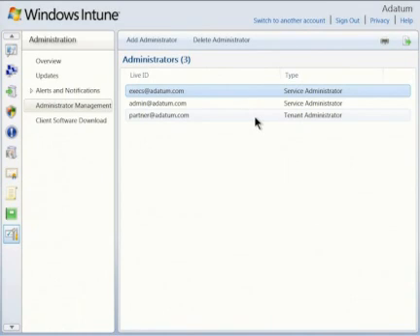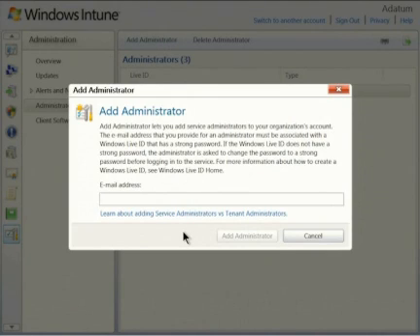This was created when we first set the account up, and typically we don't recommend that you use that for day-to-day service administration. So we've created the option to add in additional service administrators so that you can share the load across the management of Windows Intune. So by clicking Add Administrator, I can add in particular live ID email addresses that will allow others to log on. So in this example, I'll create